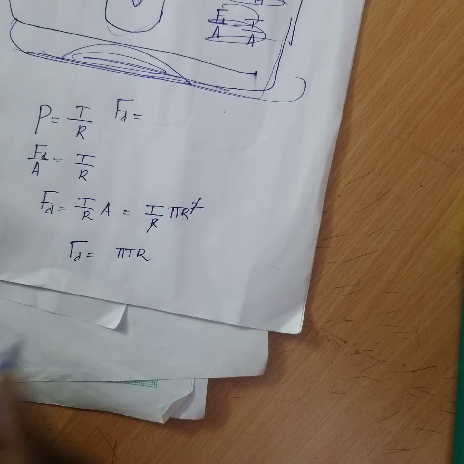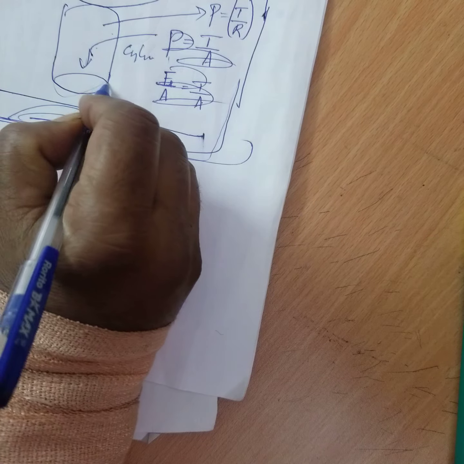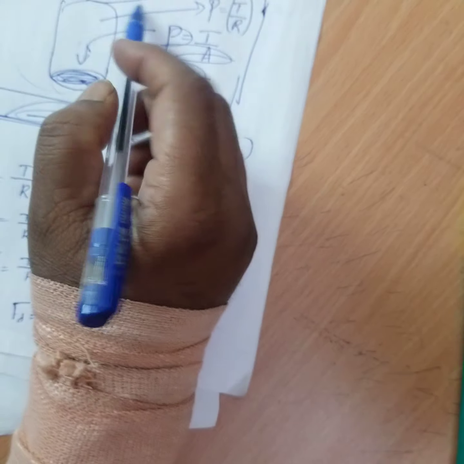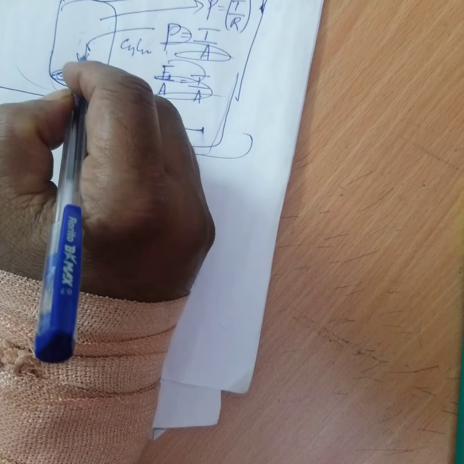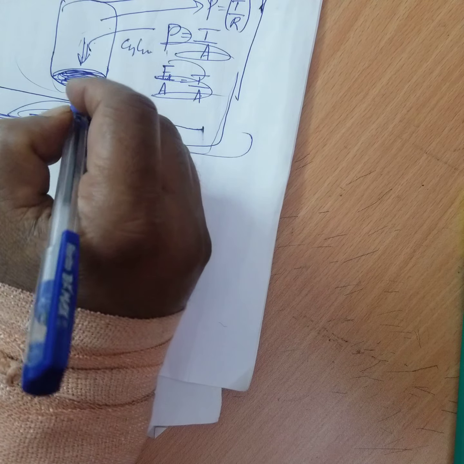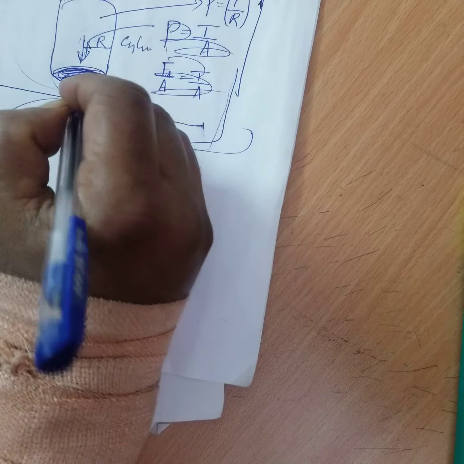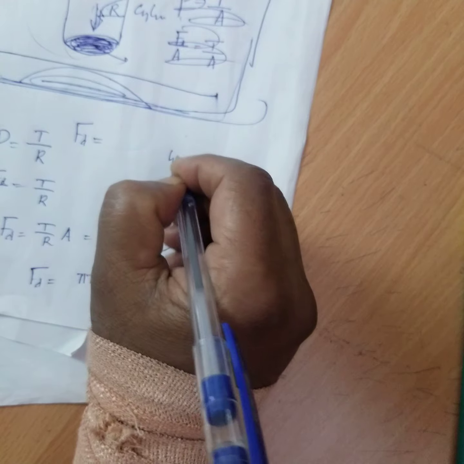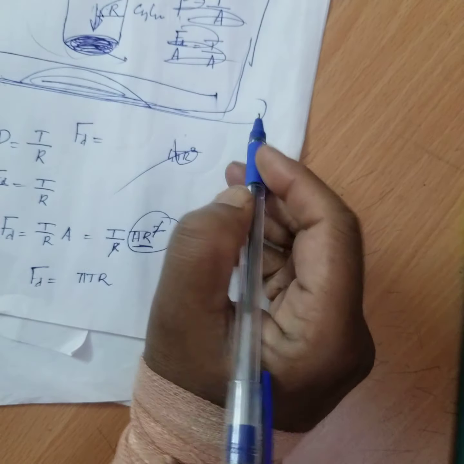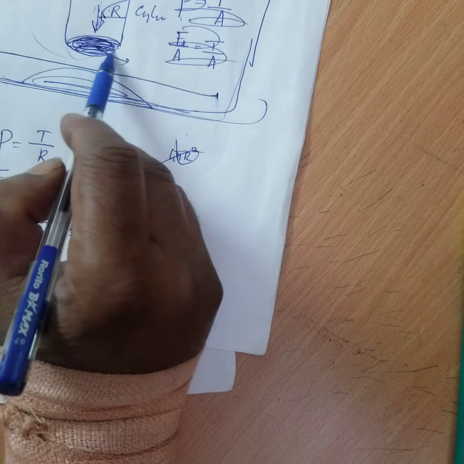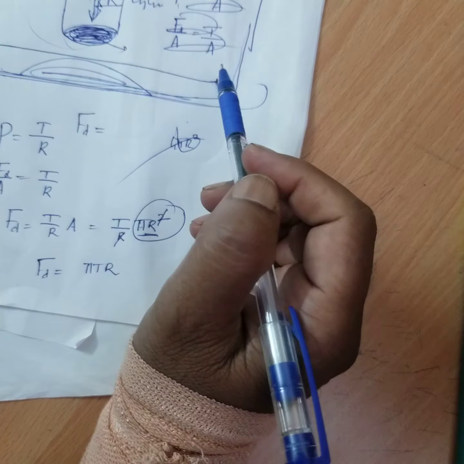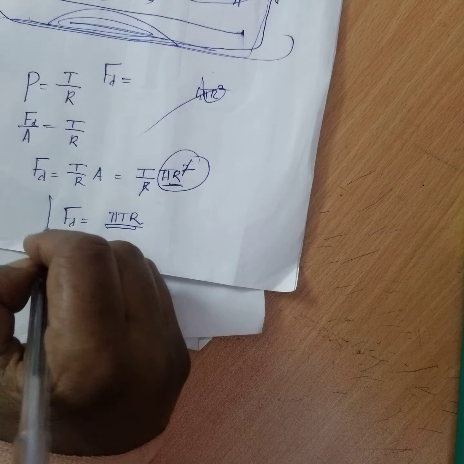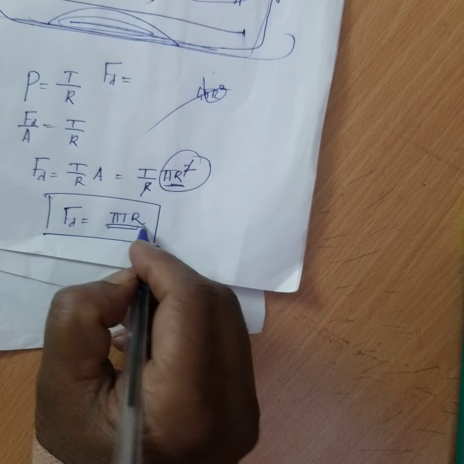Okay? Remember, it's not the area of a sphere. See, this is the area; the force is acting on this area, remember. Not the entire area of a sphere. The sphere has become a cylinder here, and the force is acting on this area. R is the radius, and this is the area. That is why I am writing pi R square. Some students say the area of a sphere is 4 pi R square. No. This force is acting on this base area, not everywhere, the downward force. Therefore, you write pi R square, right? Therefore, the downward force is equal to pi T R, you got it.